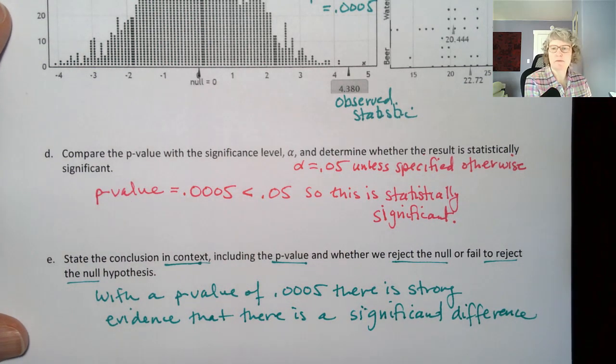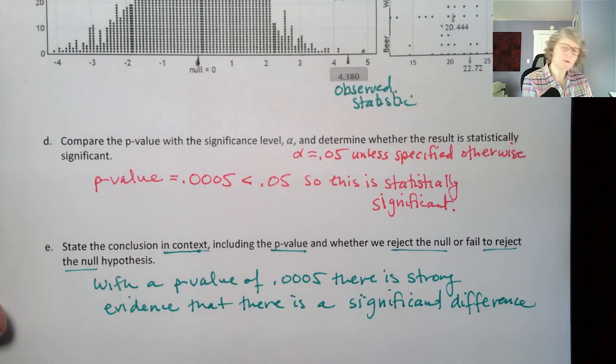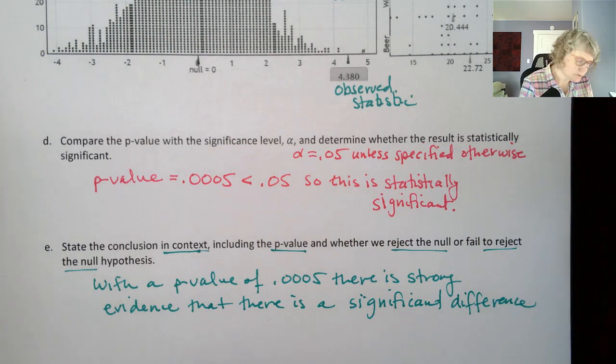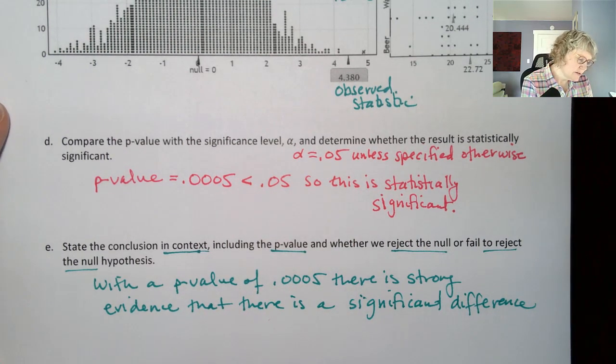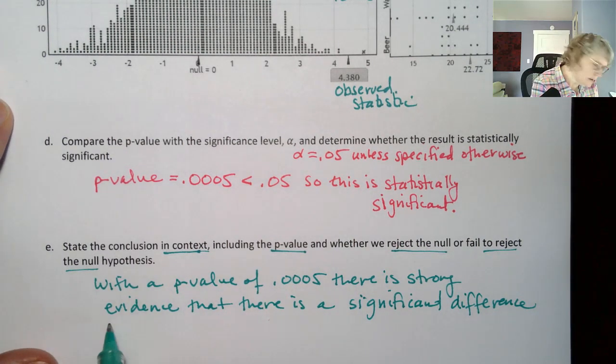Okay, so this is where I have to put in the context, right? So feel free to always go back and read again if you need to read the context. There's a significant difference between,